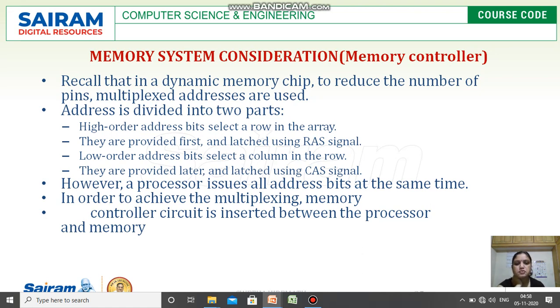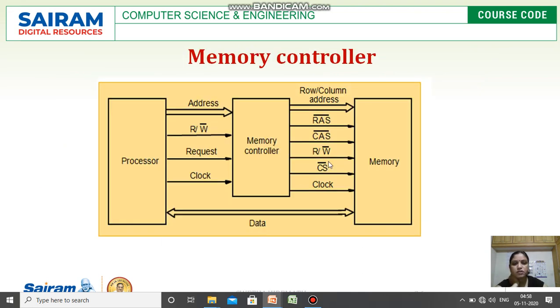However, a processor issues all address bits at the same time. In order to achieve the multiplexing, a memory controller circuit is inserted between the processor and the memory. Here is a diagram for that. We can see how it works. This is the memory controller. We use the memory controller in order to reduce the number of pins going into the memory. Once the address is sent by the processor, along with that it will be sending the read/write operation, what operation it has to perform on the